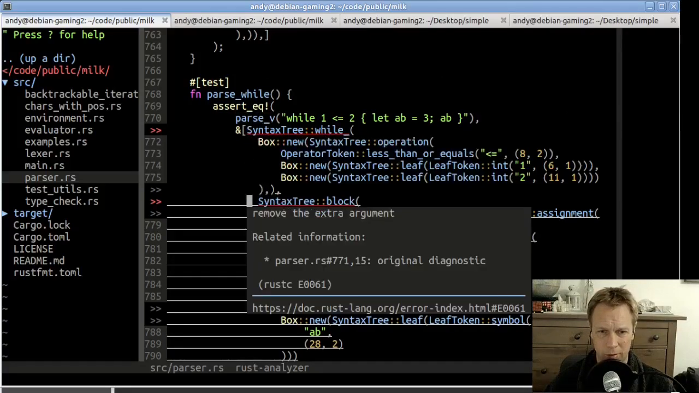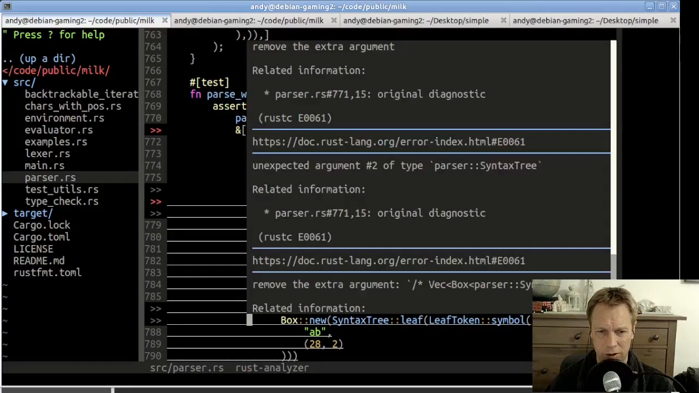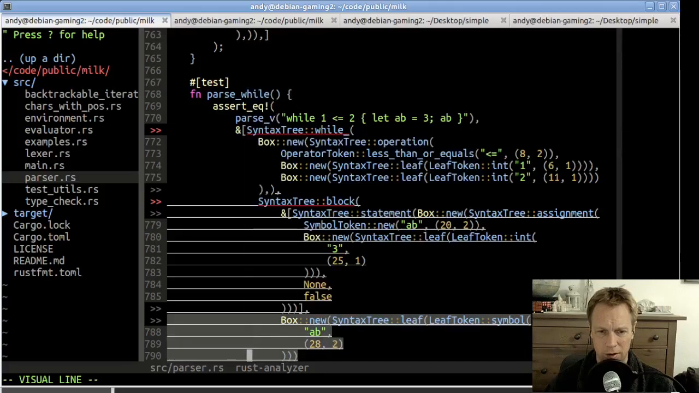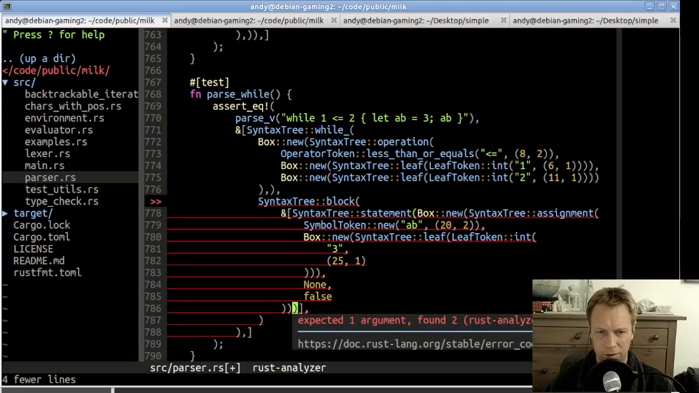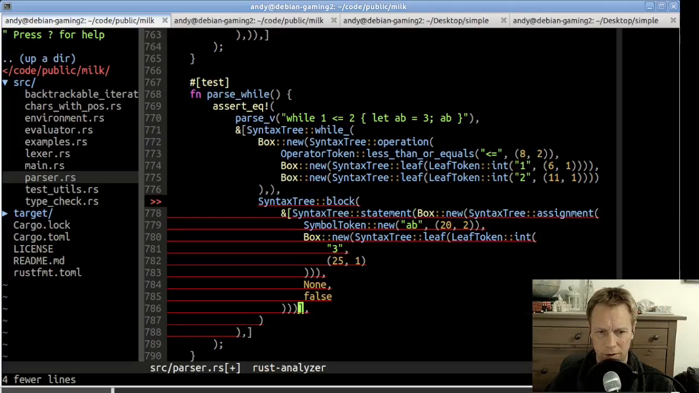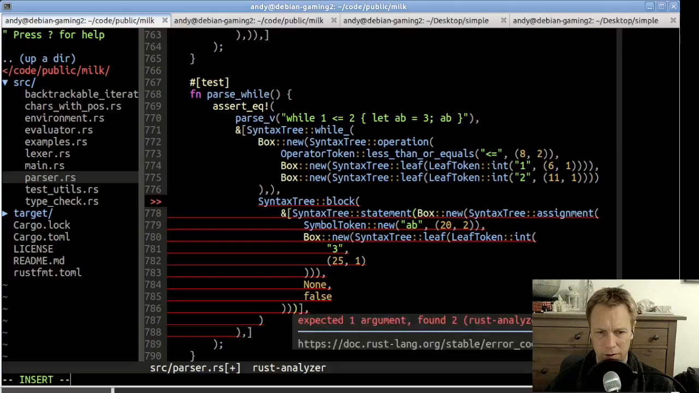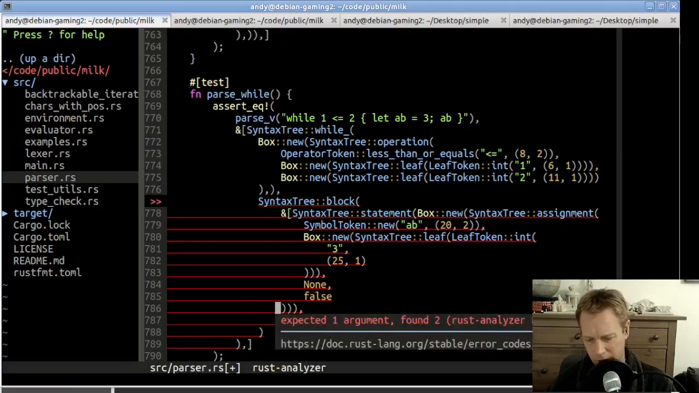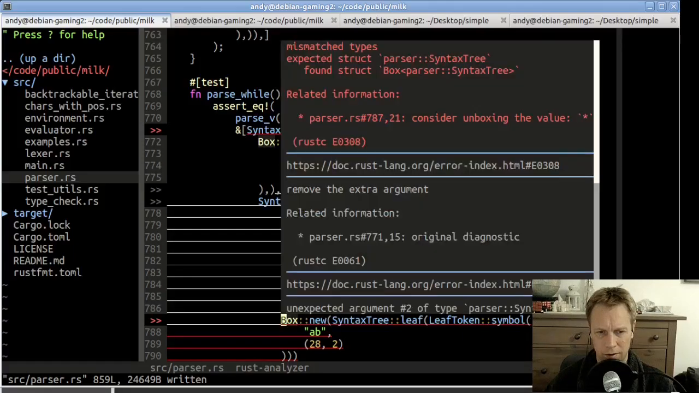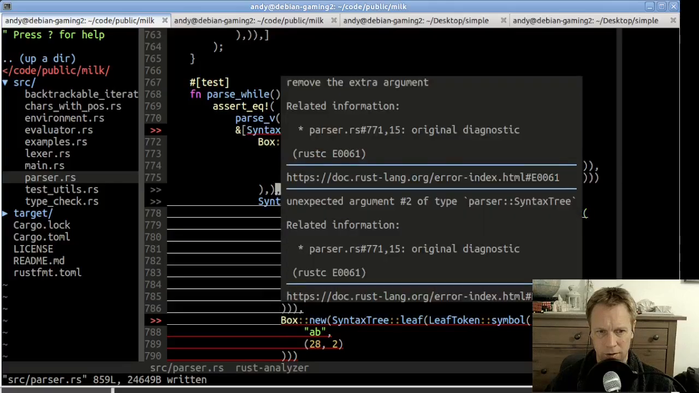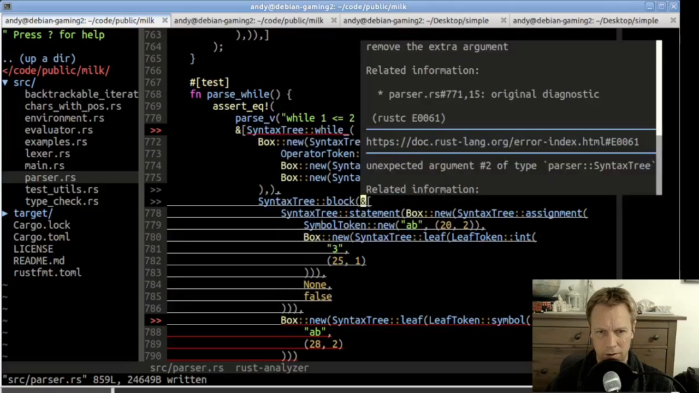So we had block take in two arguments. We've just changed our mind. And this final expression is just going to be another thing in our list of statements. So put a comma in there, paste our thing in there. And this should be